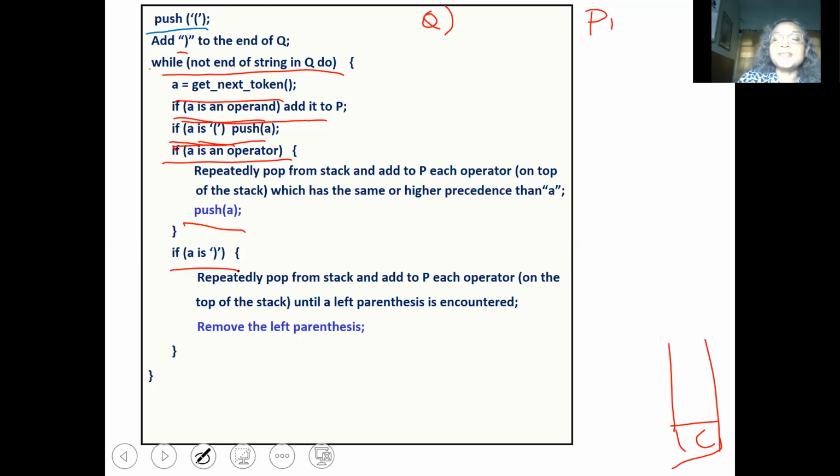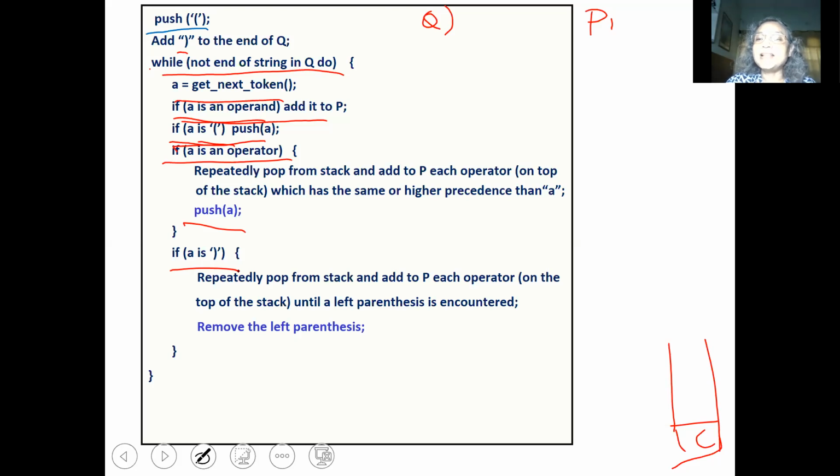If A is right parenthesis, then we repeatedly pop from the stack and add to P each operator on the top of the stack until a left parenthesis is encountered. Okay. So we will pop every operator from the stack until we find a left parenthesis.